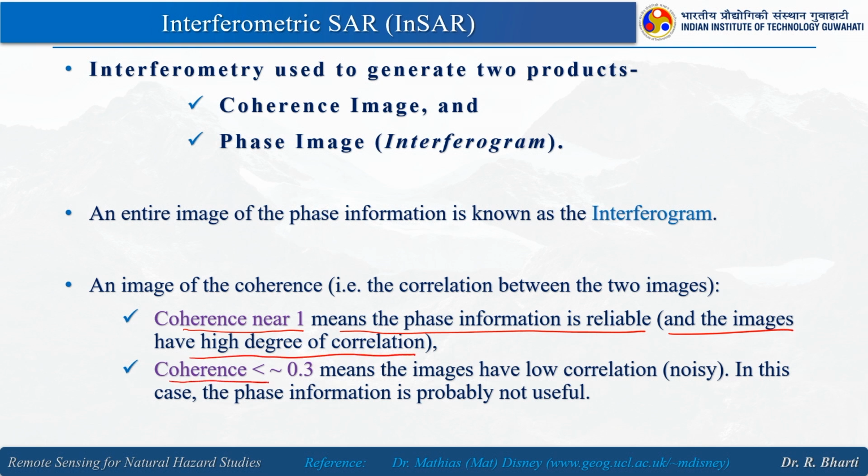When coherence is less than or equal to 0.3, it means the images have low correlation and most probably they are noisy. In this case, the phase information is probably not useful. Before you use the interferometric SAR product, you have to check the coherence. If the coherence value is 1 or near 1, that means the images will provide you very good information. If it is equal to or less than 0.3, you are not supposed to use them together for any kind